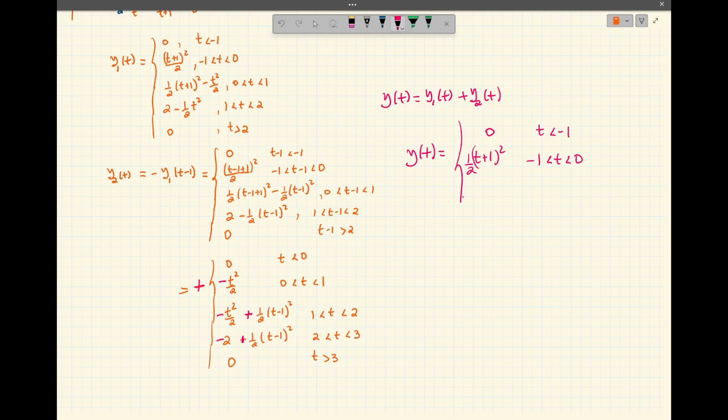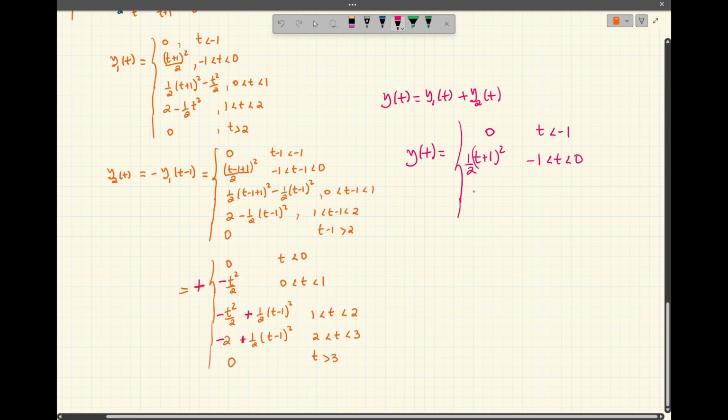So we have 1/2 (t plus 1) square minus t square over 2, then minus t square over 2, which is for 0 less than t less than 1,